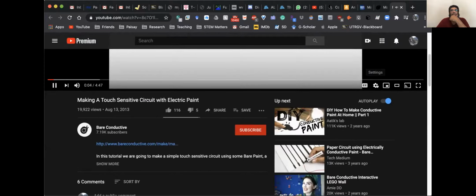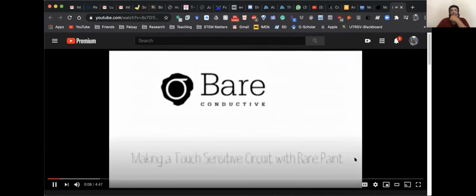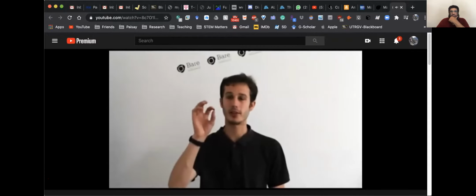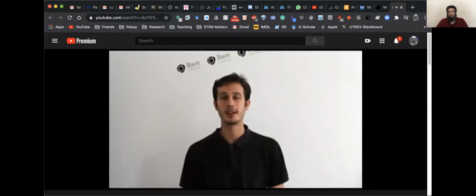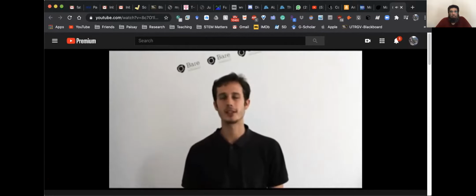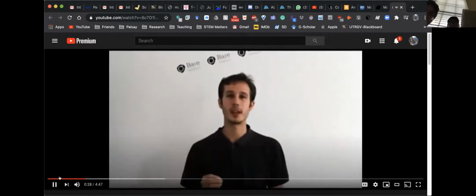Bare tutorials. Making a touch-sensitive circuit with Bare Paint. Hi, I'm Peter, and today I'm going to show you how to make a simple interactive circuit with a 555 timer and some Bare Paint. The 555 timer is a fun and versatile IC or integrated circuit that can be used in several distinct ways. However, there are loads of cool interactive circuits that can be made with this tiny little chip. Today I'm going to show you just